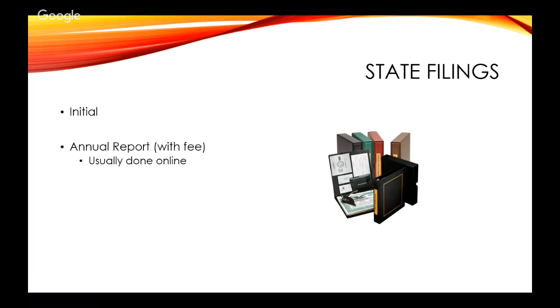State filings. State filings are essential. They need to be kept with your record books so that you can show that you've been abiding by the letter of the law. You have your initial filing, which would be your articles of incorporation or articles of organization. And then each year you have an annual report, which will have an associated fee. Typically, you get a reminder about your annual report about 3 months before your anniversary date. Your annual report is due on your anniversary date or in the month of anniversary. So if, for example, you filed on July 13th, your annual report may be due on July 1st, depending on